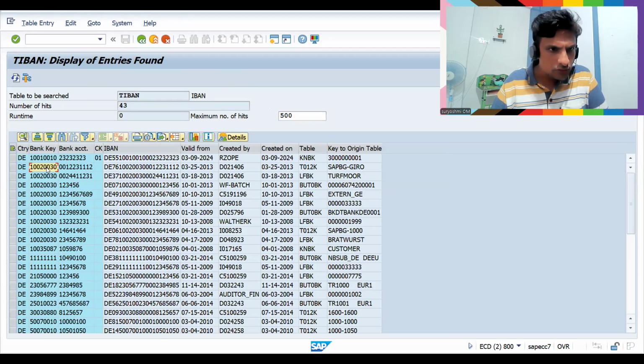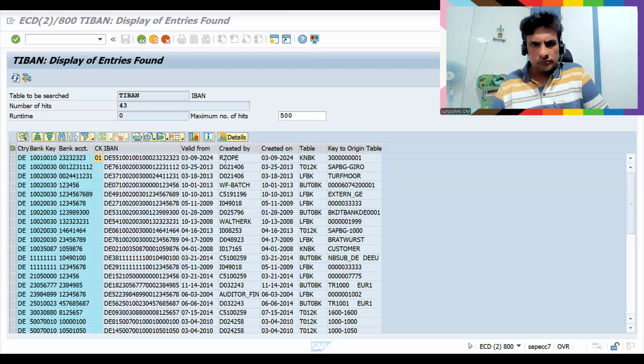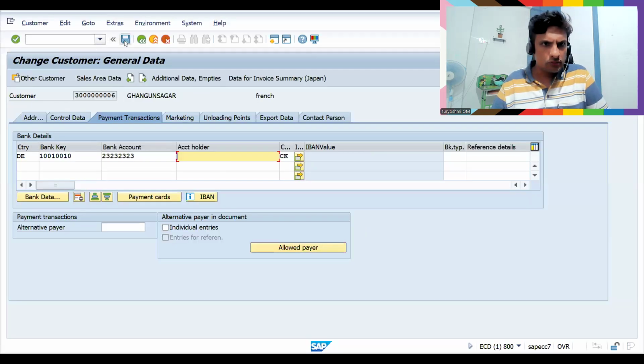Better take this one actually. So for this also it got generated. Okay, no problem. Let's see this. So 01 is the key. Okay, let's save this.